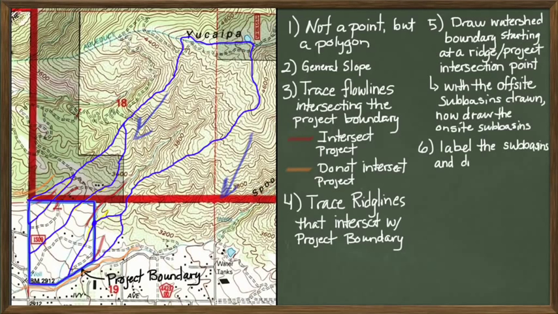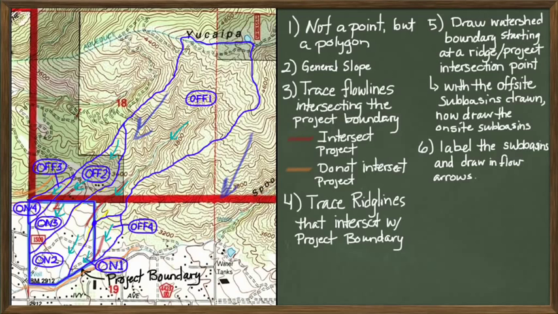Next, it's always handy to label subbasins and also draw in flow arrows so that everybody can see and understand very easily the assumptions you made. Drawing in flow arrows is also handy, if for nothing else, to validate the boundaries you have drawn. Sometimes when you start drawing in flow arrows, you realize, oh, water really doesn't go that way, does it? I just drew that line up a hill instead of down a hill, or whatever. You start to notice the mistakes a little better when you draw in the flow arrows. And that's really the gist of it.